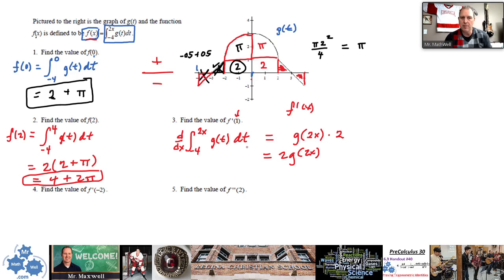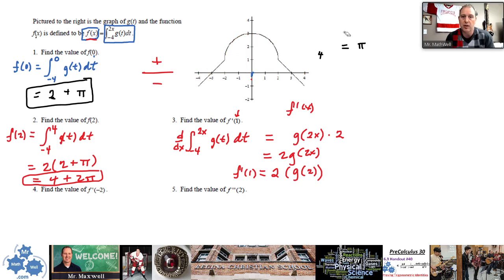Now f prime of 1 would be simply a 1 in for the x here. So I have 2 times g of 2 times 1. All right, now I'll let that sink in for you a little bit, and if you want, I can go over that again. I'm not quite done here, but